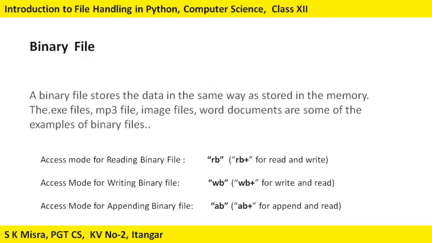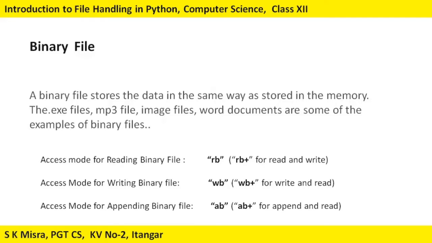So let us start. Let us recall what a binary file is. A binary file is a file that stores the data in the same way as it is going to be stored in the memory. That means it doesn't store the data in a processed form. So if you open a binary file in any kind of text editor, the data is going to be present in a human unreadable form. You might not understand the data, because it is not processed data. Examples of binary files are exe files, mp3 files, image files. If you open these files in a text editor, we are going to see human unreadable data.